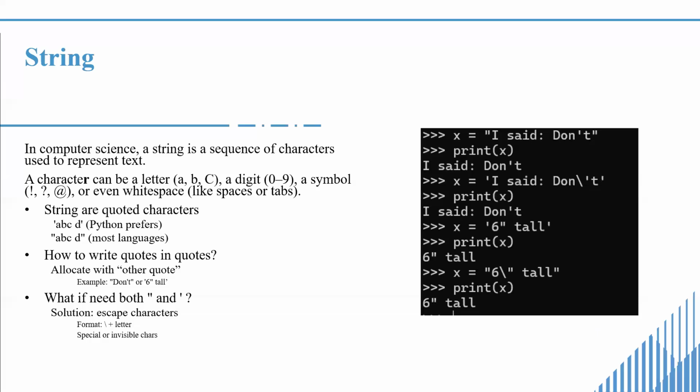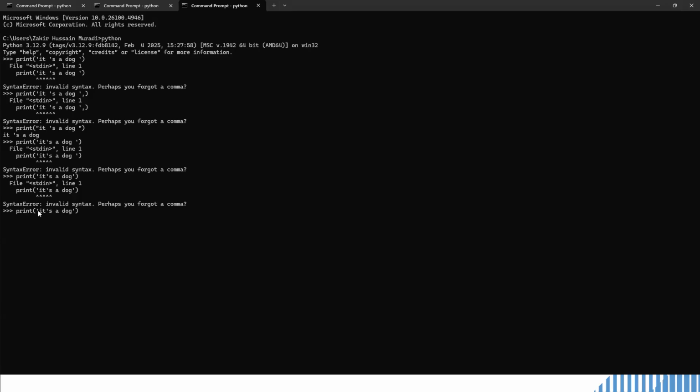See here, if you are using all single quotations in here, it will understand the string only till here. Now it's only understanding that this is a string, but what about this? Because it's closing here, I have closed. But I should use something here so that it skips this portion. So I will use the backslash escape. If I use this one, now it should hopefully work. Now it's saying, okay, skip this single quotation. It's not my ending point. My ending point is here. And there is no problem with this one.